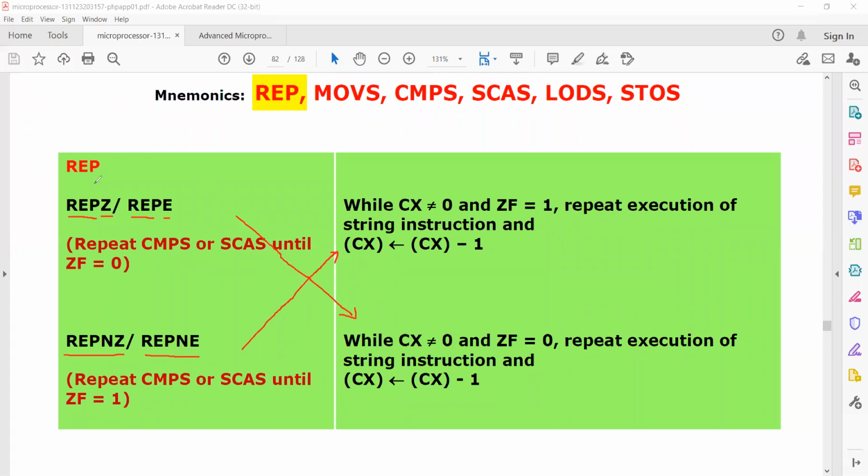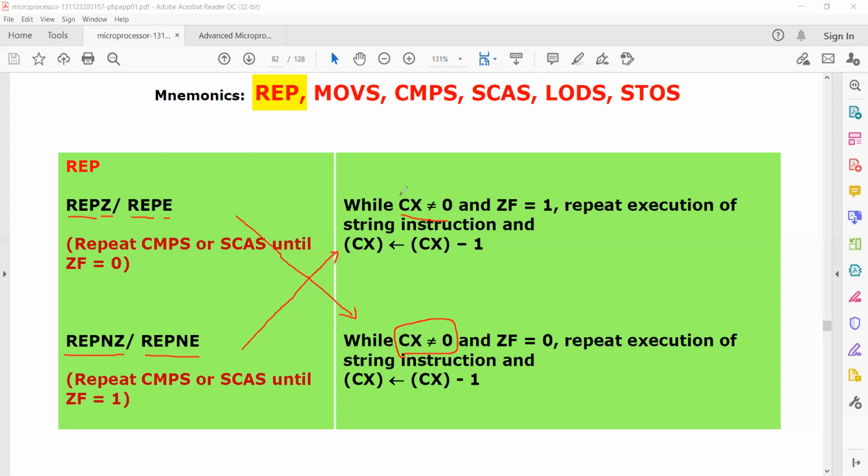So what does this instruction do? This instruction repeats the process until the counter register gets emptied. That is the reason why in both cases the counter register is not equal to 0.